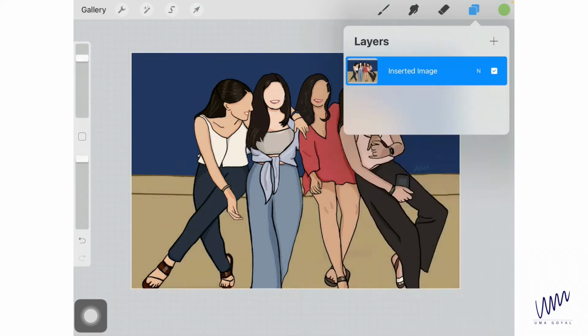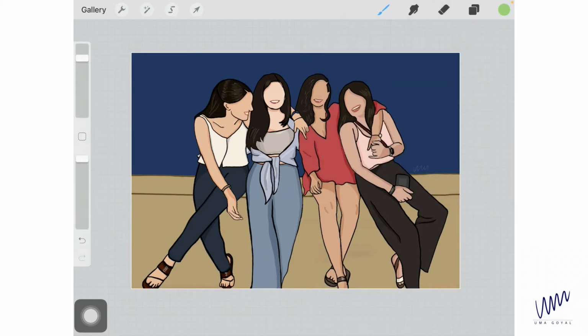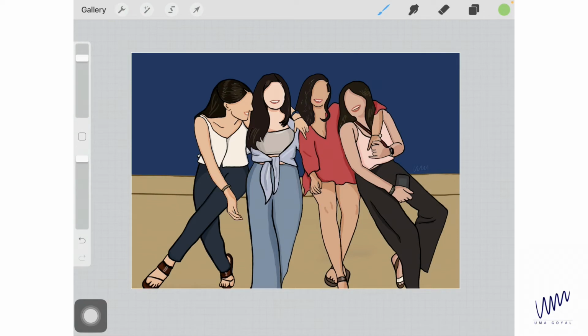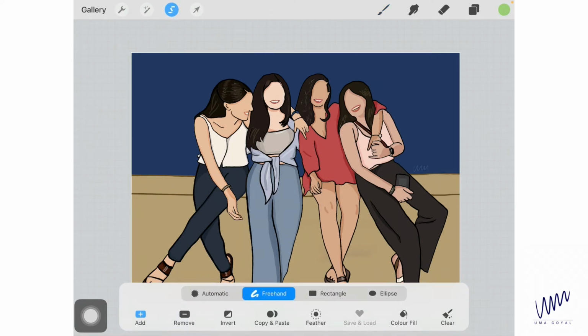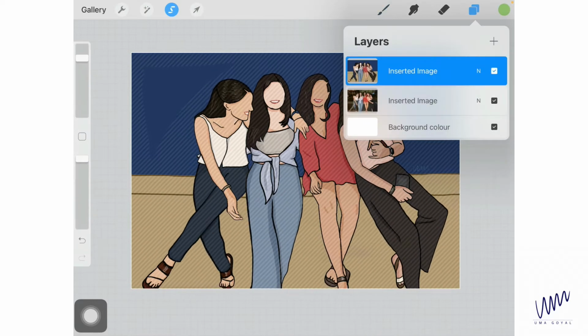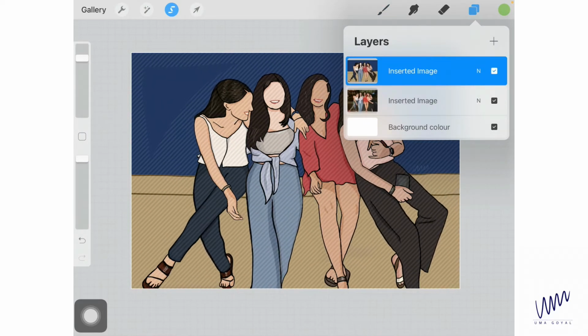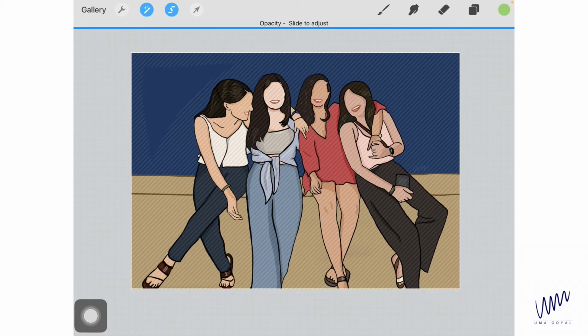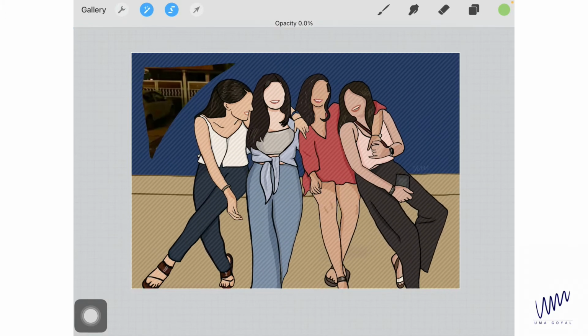so you can just slide it the way you want to. But what if you want to reduce the opacity of a particular object or selection in that layer? So what you're going to do is make sure that the layer is selected, and say I'm going to go to the selection tool. In freehand I'm selecting a part of my drawing, and now I'm going to go in layers and tap with 2 fingers on that layer, and wow, the opacity slider is going to appear, and I can just decide how much opacity I want.